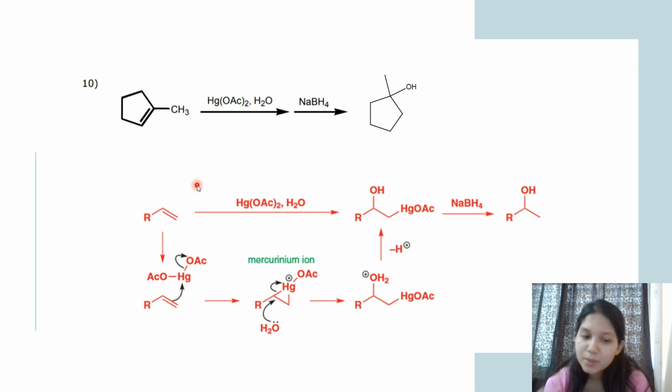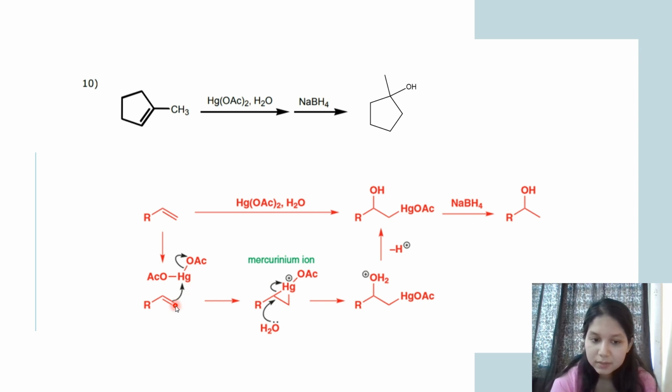This mechanism is somewhat similar to what we have observed in case of HCl, HBr, and acidic systems. We had always attacked the electrophilic species from the electron rich double bond of the alkene. So here also you have to do the same thing. What happens? First, let us take the example of this alkene. First, the double bond will attack the mercuric acetate,